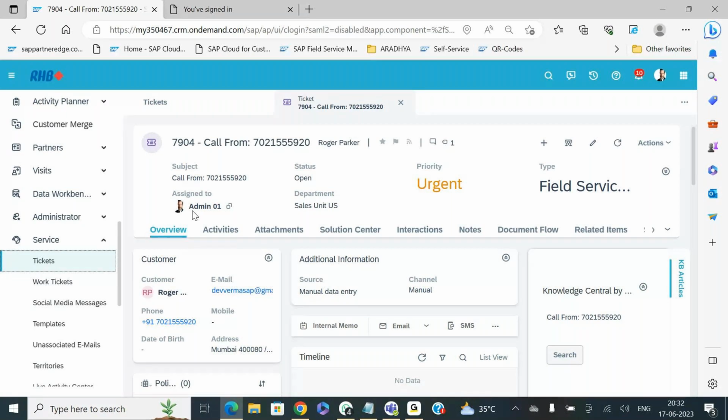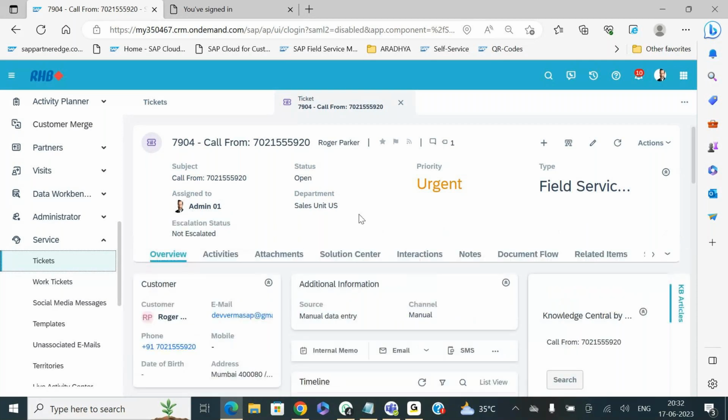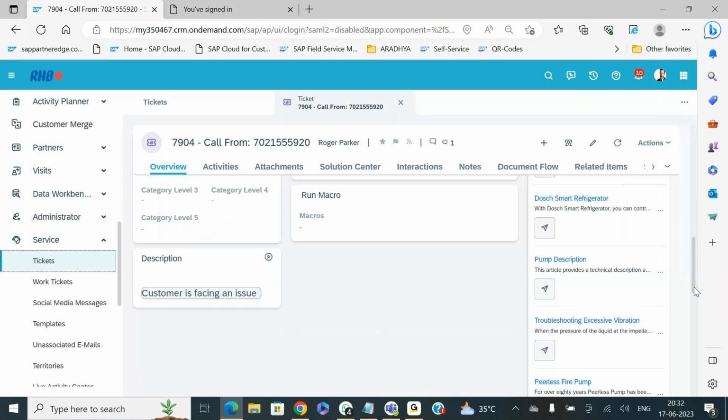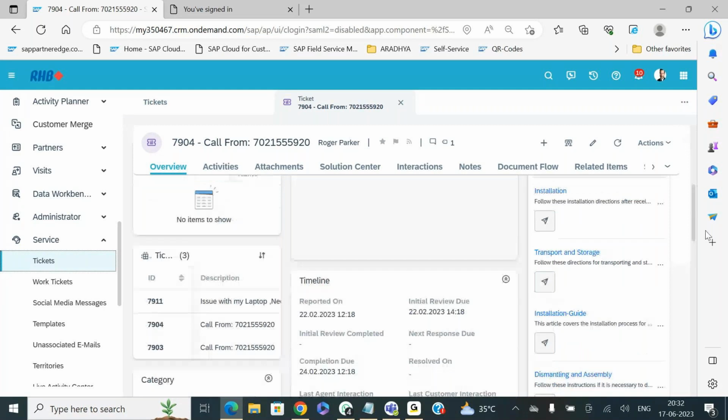So this is how ticketing works. Subject, open, high tickets. Now, what are the activities you did for that customer? So this is all standard, but you can also modify. Some customers told me, right? For example,